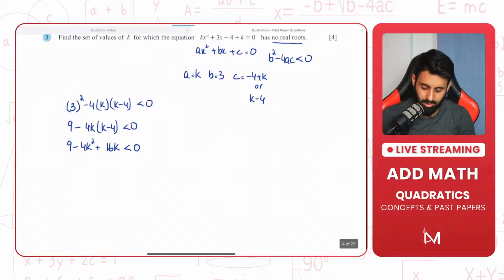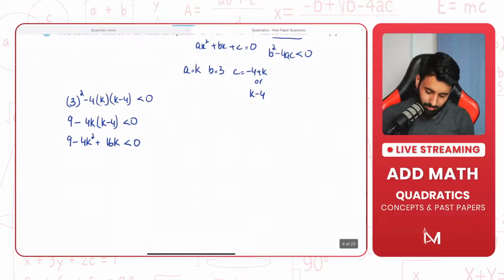So through this, let's learn quadratic inequalities as well. First of all, let's write this nicely. We have minus 4k square plus 16k plus 9 less than 0. Okay. Now,